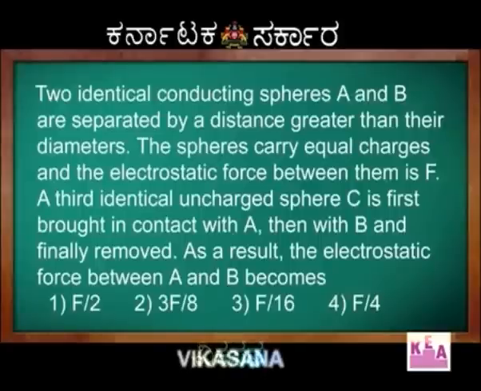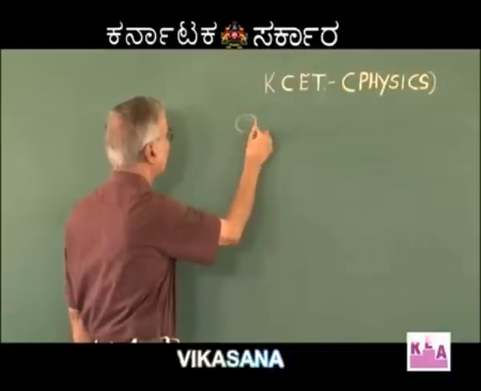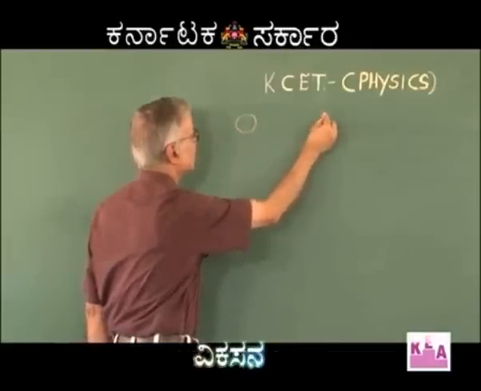The spheres carry equal charges and the electrostatic force between them is F. A third identical uncharged sphere C is first brought in contact with A and then with B and finally removed. As a result, the electrostatic force between A and B becomes...